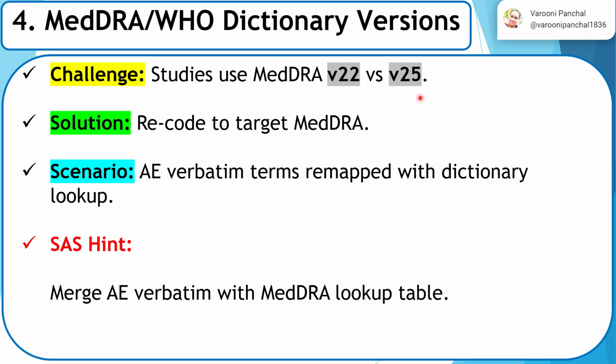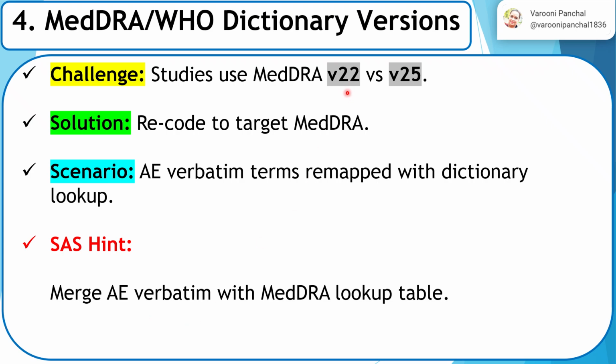Whichever studies were done on 25 or 22, you might have to recode them. So it's again a tedious and daunting job, especially for the MedDRA team or the medical team, to recode everything and to ensure that while doing the recoding, whatever verbatim terms